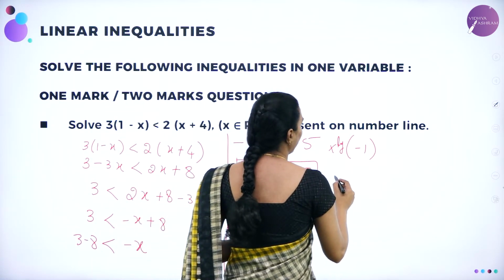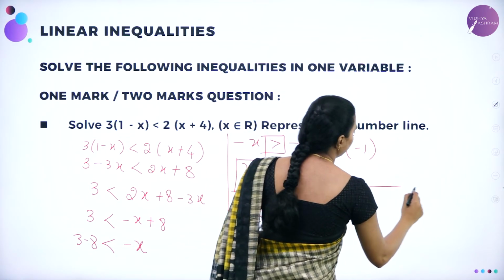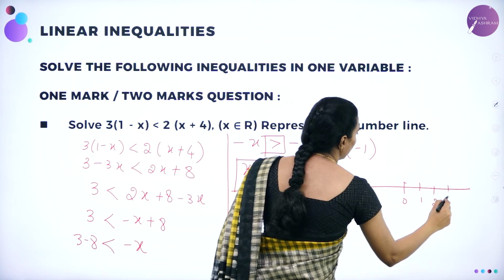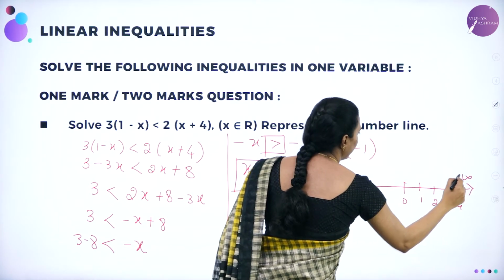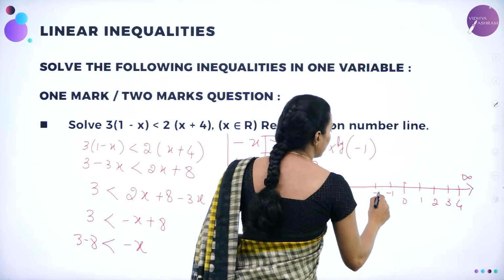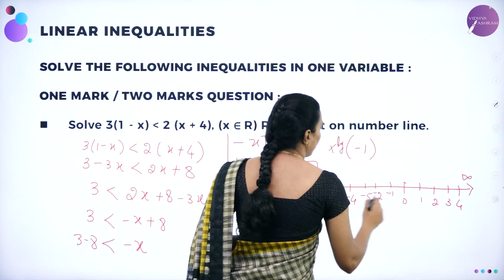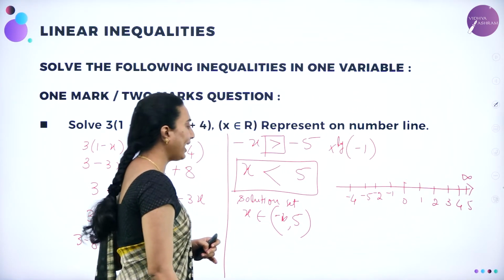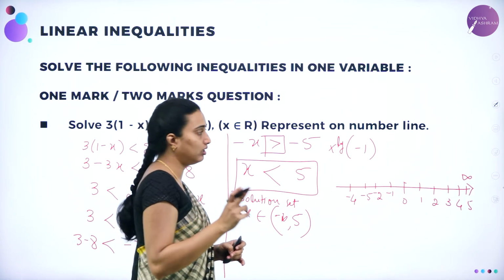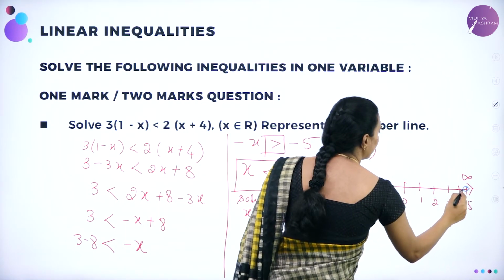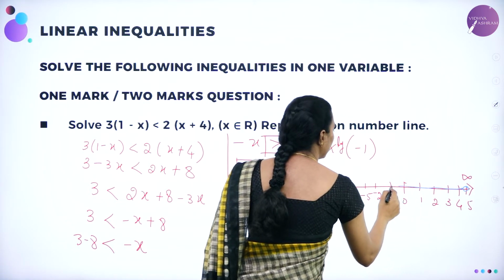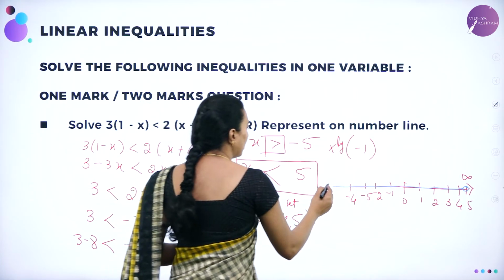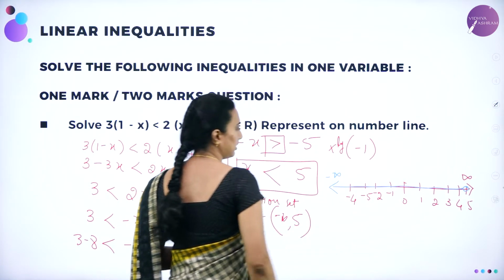How to represent it on the number line? So this is the number line you are going to have. Now here 0, 1, 2, 3, 4, infinity, minus 1, minus 2, minus 4, minus 5. Here up to 5 we need to write, right? Now we need to write with what? X lesser than 5 means a hollow circle. So I can write the hollow circle here, dear students, so that I can bring the number line which will never end. So this is how you are going to write it. So here up to minus infinity you can represent.